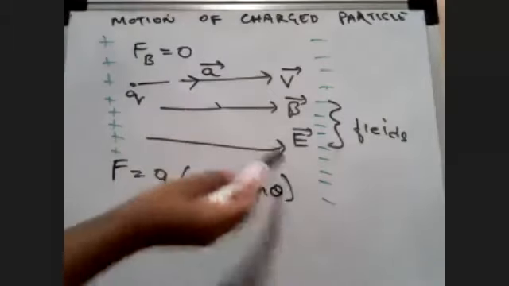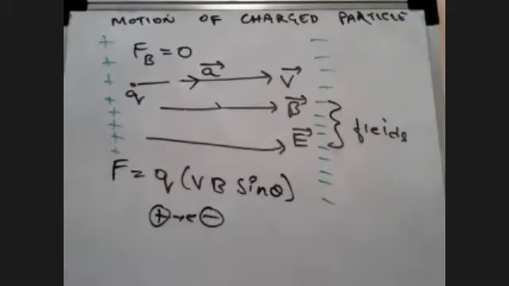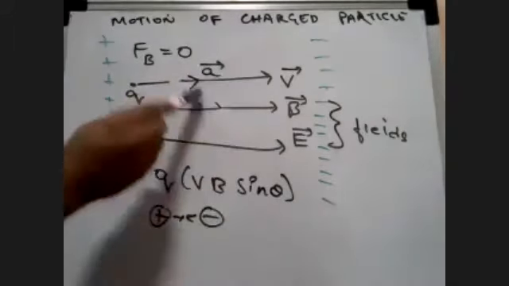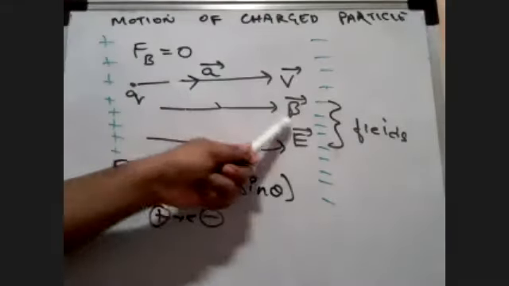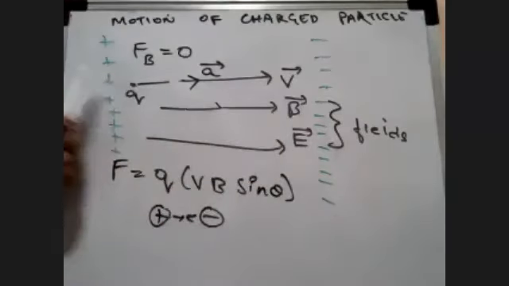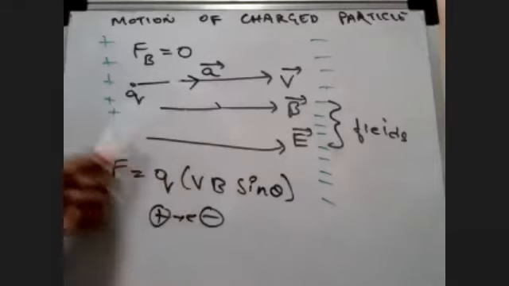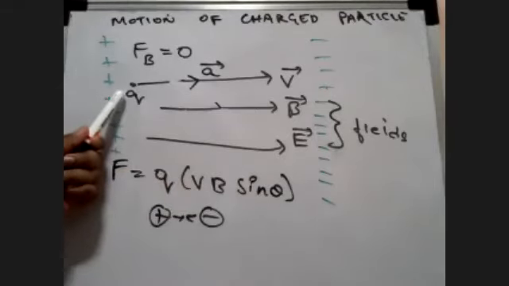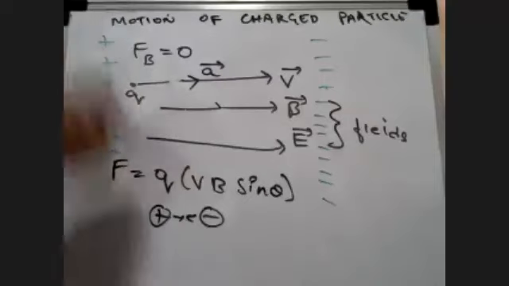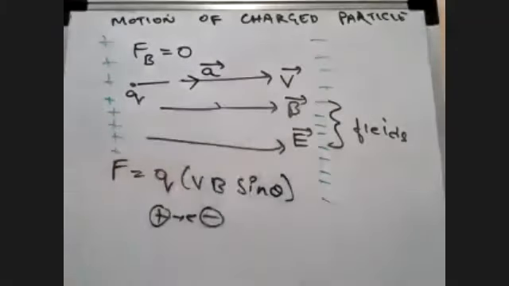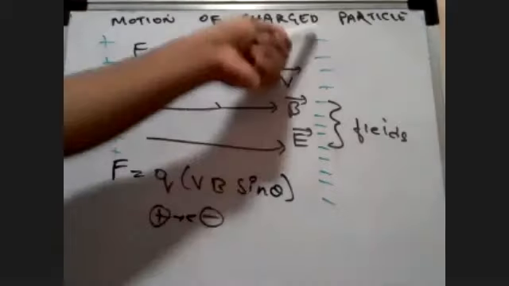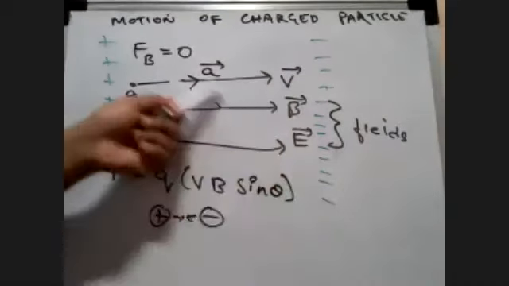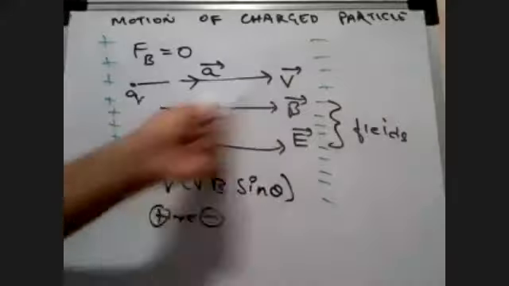When magnetic field and electric field are mixed and they are parallel to each other, and there's a charge here which is also parallel to all the fields, in that case my magnetic field will have zero effect on this charge, but my electric field will have an effect, not in terms of any deflection or angle, but because of some certain acceleration, because electric field starts from positive charge and ends on negative charge. And the positive charge will be attracted towards the negative charge.